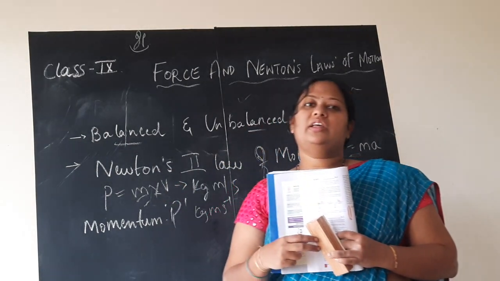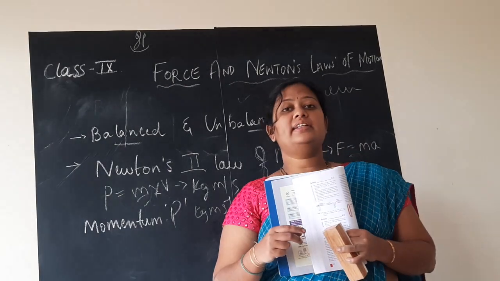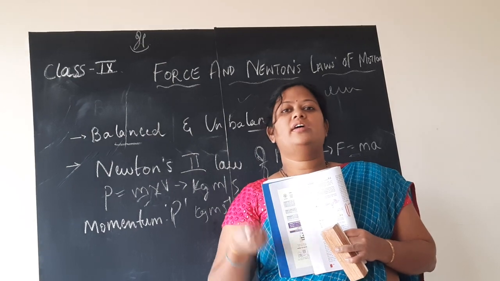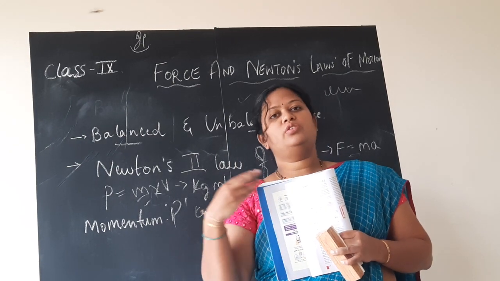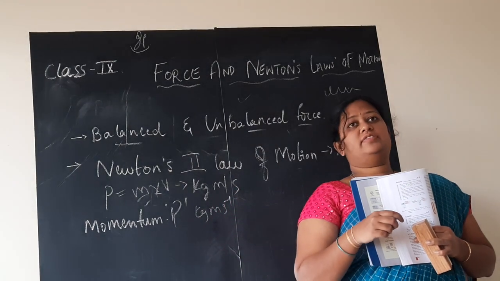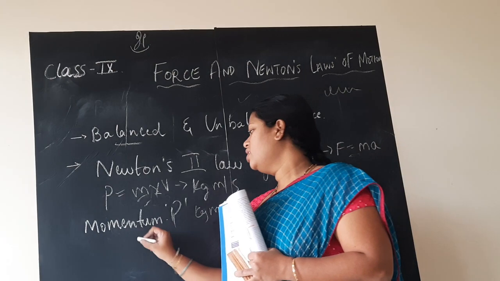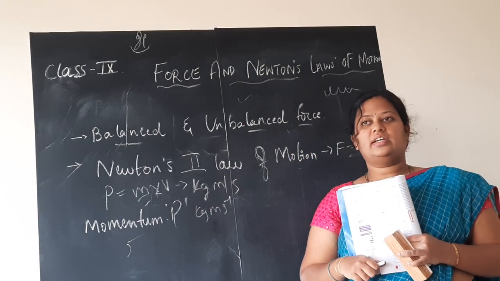So how they are explaining here, children, you have studied, no? In 8th class, in one MCQ you had: which has a greater momentum, a 5 rupee coin or a 1 rupee coin. So your answer was the 5 rupee coin. The 5 rupee coin has greater momentum when compared to the 1 rupee coin, that we said.